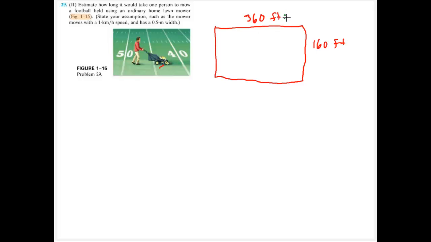So first thing I need to do, I'm going to work in the metric system. That's roughly 110 meters long by about 50 meters wide. So it's going to have an area which is equal to its length times its width, which is roughly